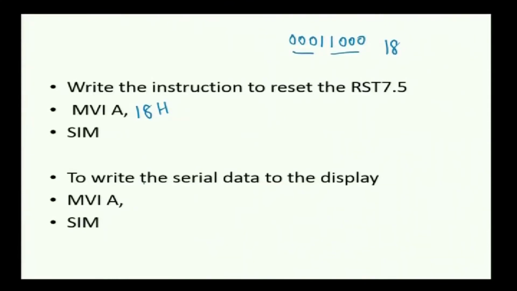Now, the content of the accumulator will be transferred to the processor, and the processor will perform the operations accordingly. The other case is to write serial data to the display. To write the data to the display device, what do you have to write? The remaining interrupts may be ignoring points, so you may write the 5 bits as ignoring bit positions. Here you write 1 for serial communication, and 1 here also. Then you convert it to C0H. C0H means it ignores the interrupts and performs only the serial communication. Now, the available data on the processor will be sent to the output device by activating the SIM instruction.